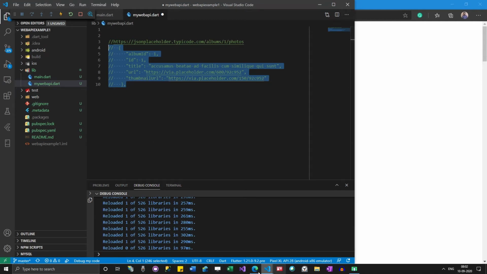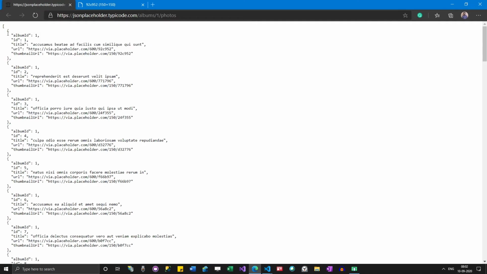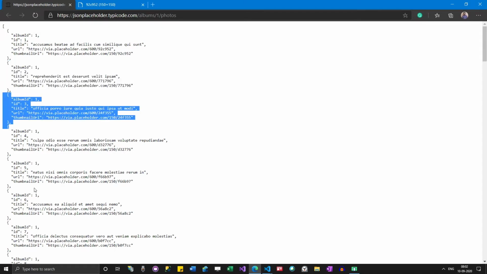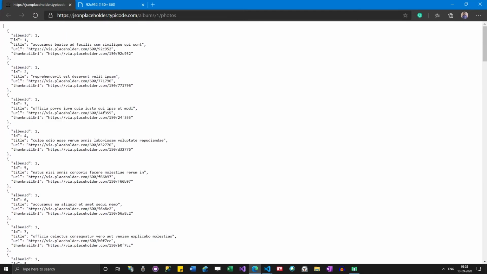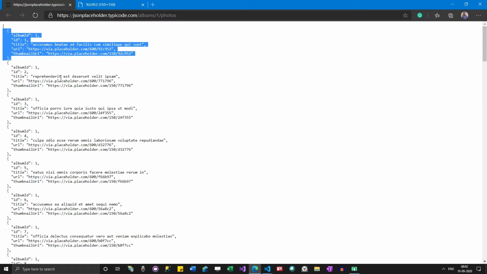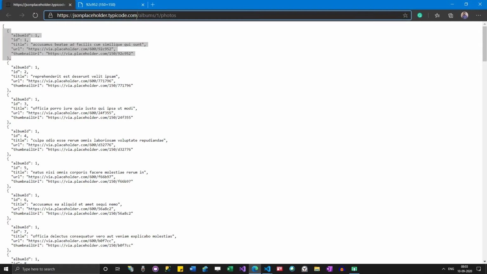This is one object, this is the second object, third object, fourth object. All these are objects, but this doesn't have a predefined type. The type might exist on that side, but on my side I don't know what this type is.